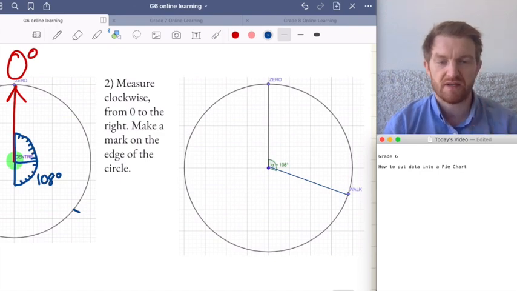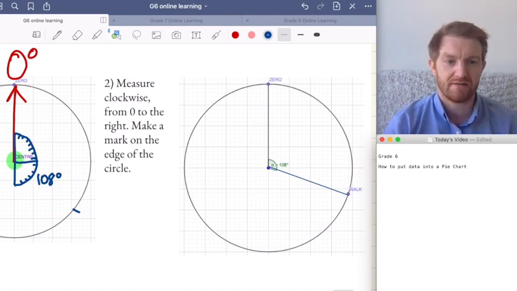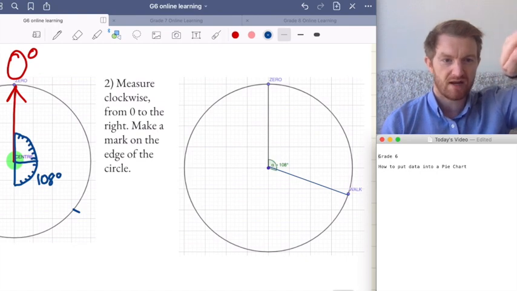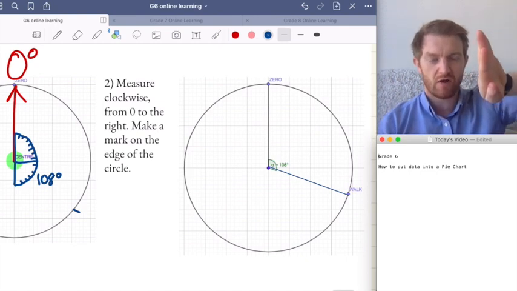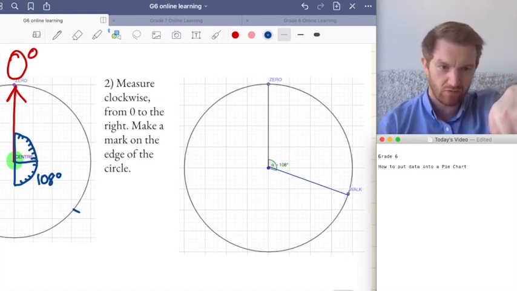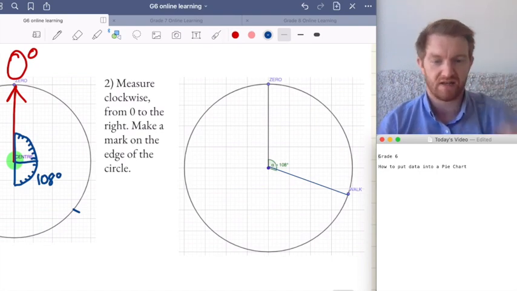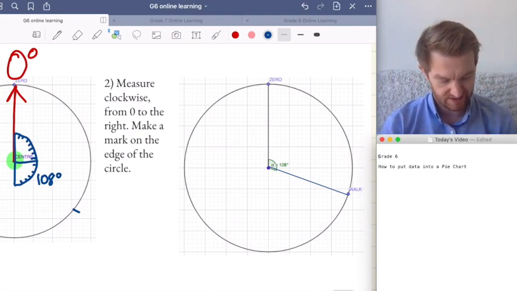Now the important thing to remember is when you think about checking a clock, once it goes round this way, it can't suddenly go backwards, it can't go left, it has to keep going all the way round until it gets back to the beginning. Okay, our protractor is the same thing. We've gone to here,